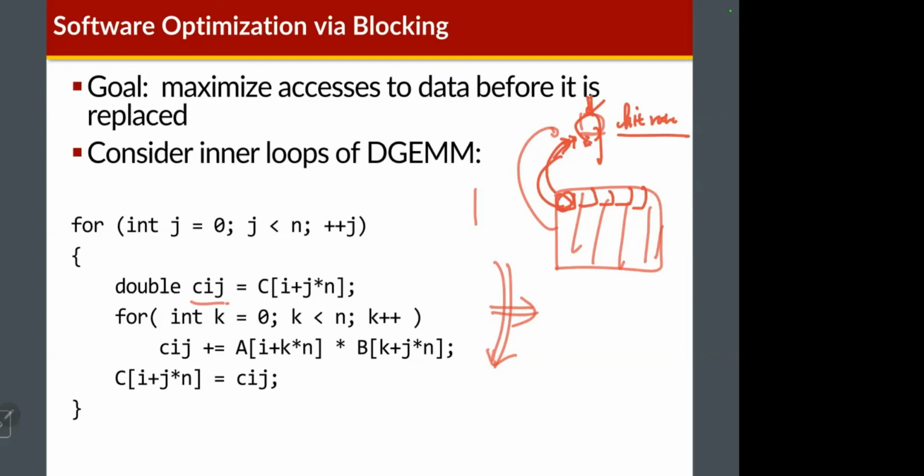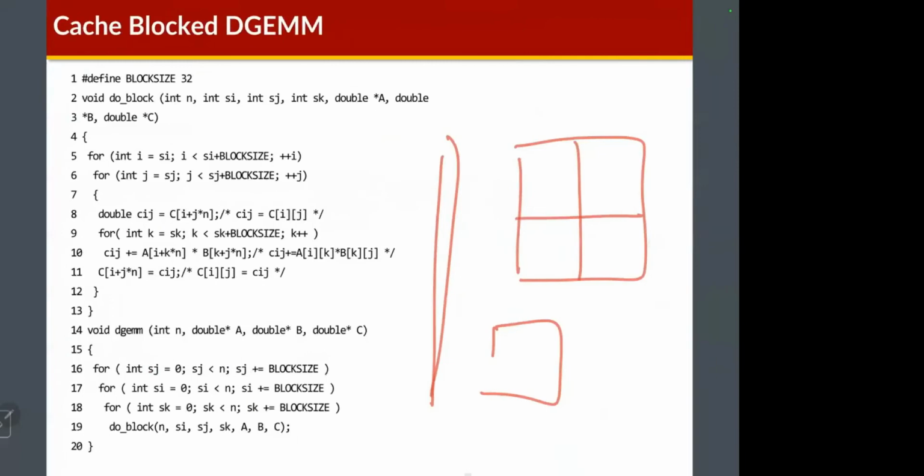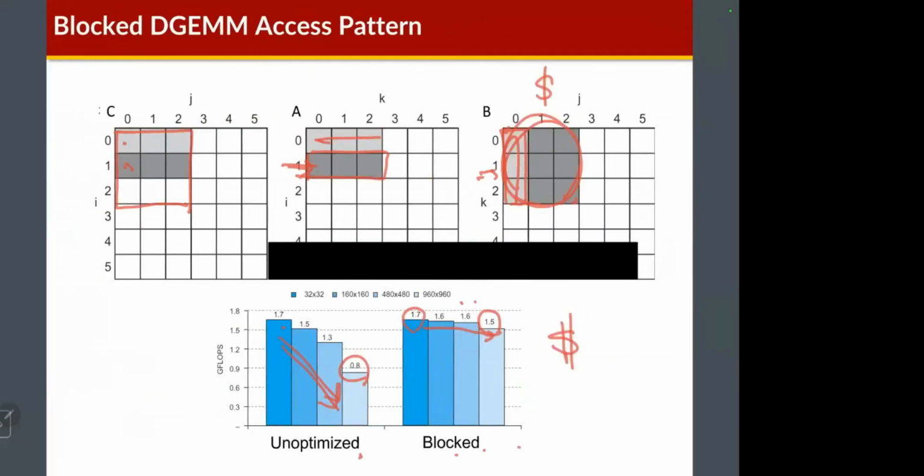So in order to use cache more efficiently, we need to develop a more optimized algorithm. That's why software algorithm and software optimization are also very critical for the performance of computer systems,